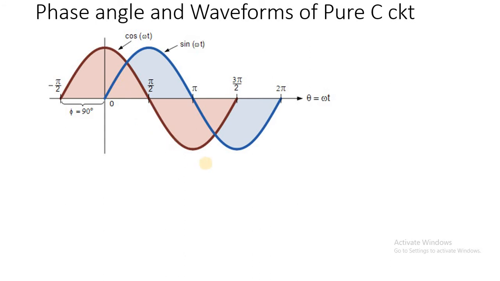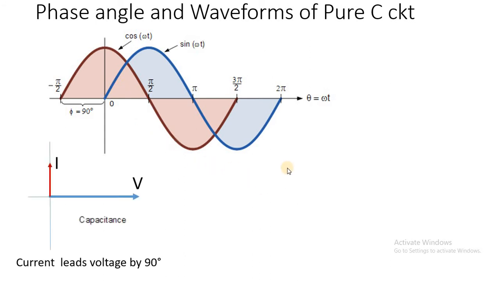So we are saying that current is a leading waveform with respect to the voltage waveform. Similarly, if voltage is at reference position, then the current is going to lead by 90 degrees, which is going to be represented in the phasor diagram. Okay. So the phase angle between I and V is 90 degrees, and that too positive. So we are giving the comment that current leads voltage by 90 degrees. Now this phasor diagram is with respect to voltage at reference position.